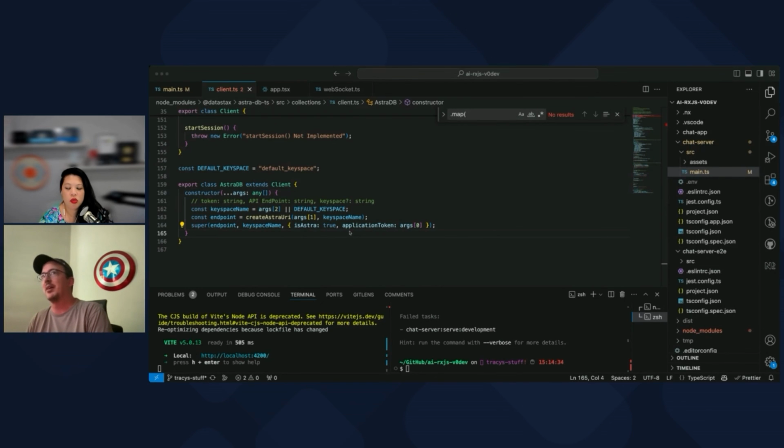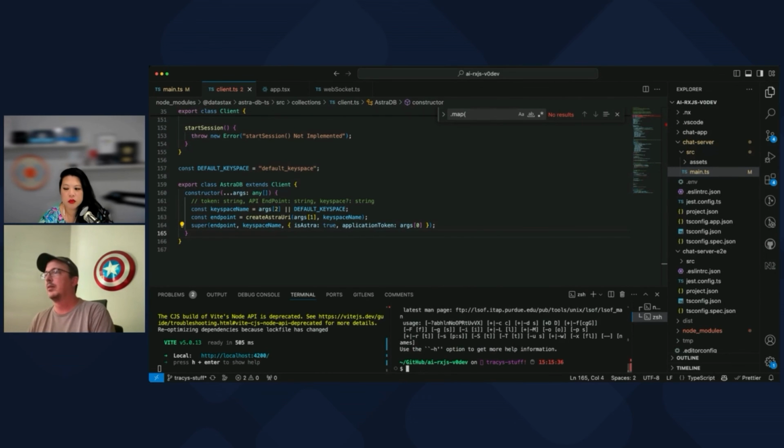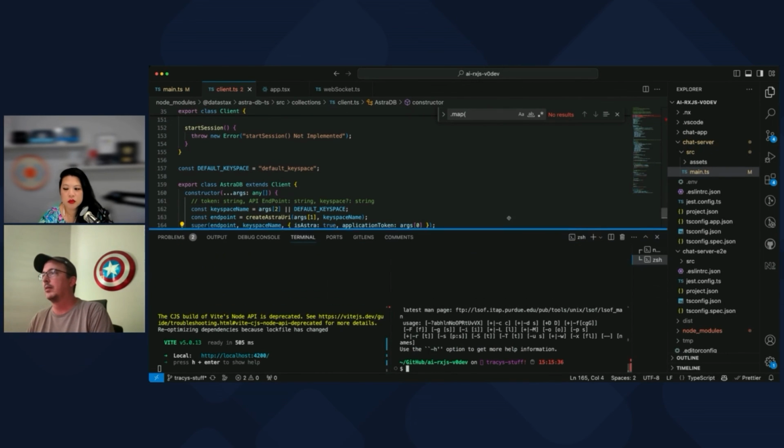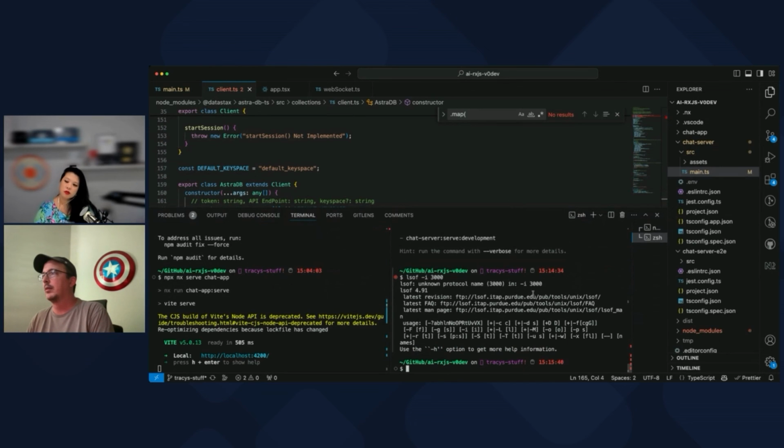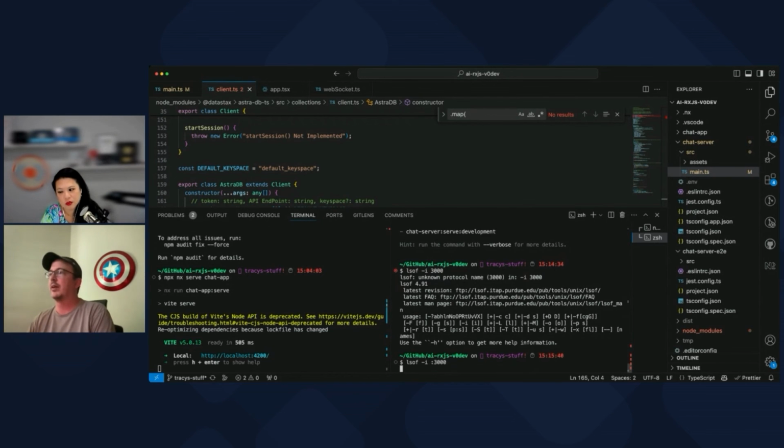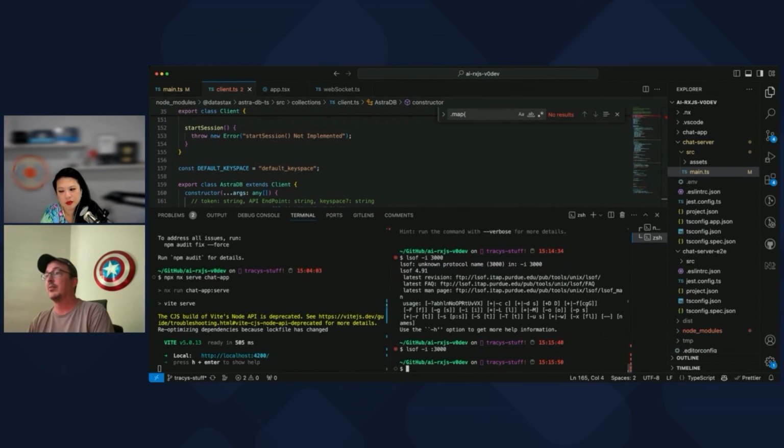Yeah, I do that. I have to do this all the time, and I always forget how to do it because I only have to do it, well, not all the time, once every few months. I'm like, oh, what do I have to do? Oh, that's right. ls, and then the port is, what port was it again? It was 3000. That's not right. Oh, I know. It's because I have to do :3000. Nothing's using it. Really?